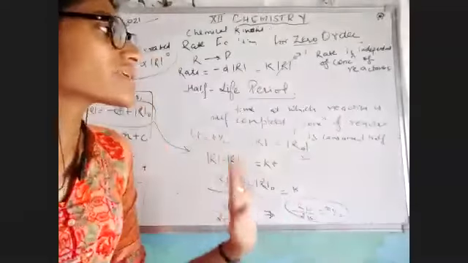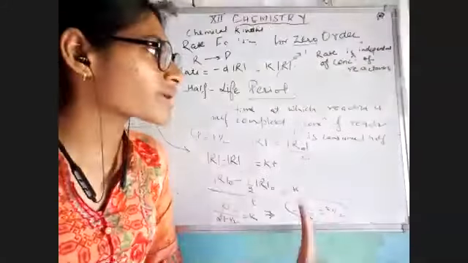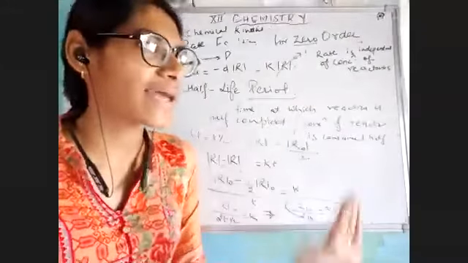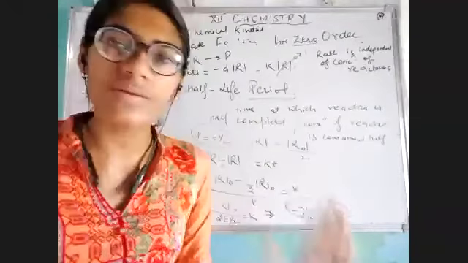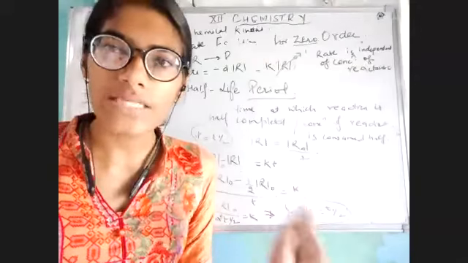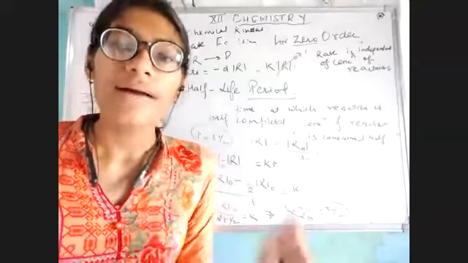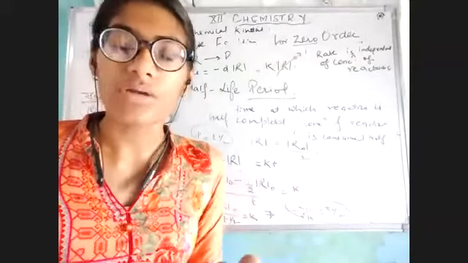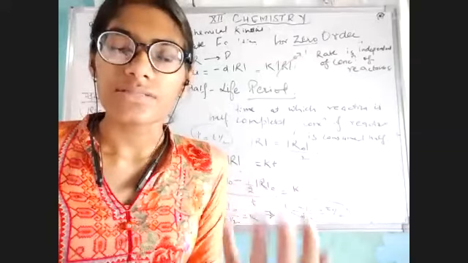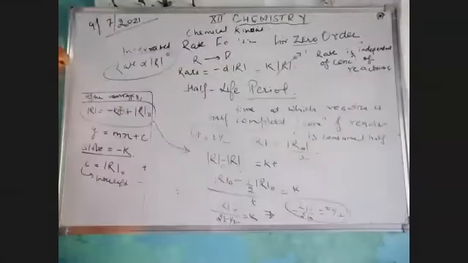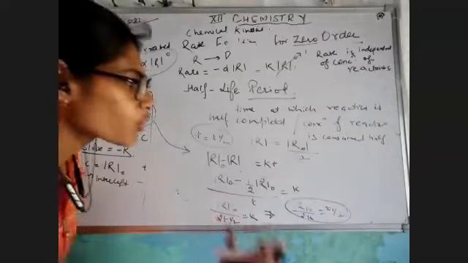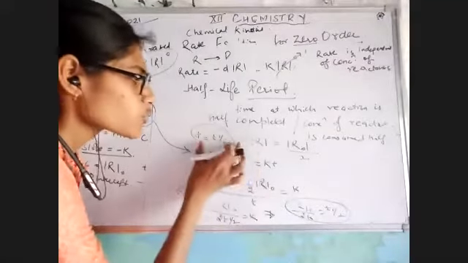If my reactant's concentration has become half, that means my reaction has also become half complete, because my reaction depends only and only upon the concentration of the reactant. Now, for calculating this, I have modified two quantities.